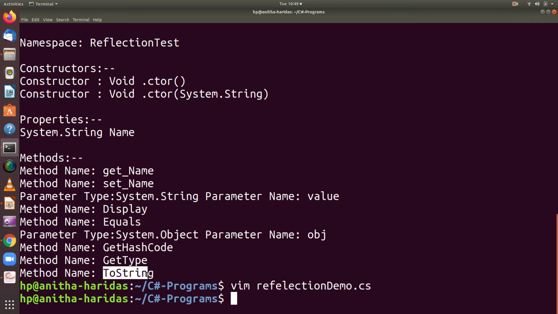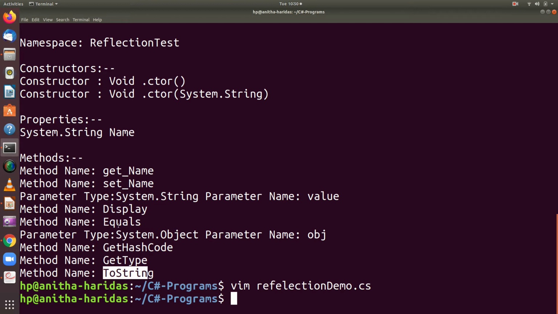These are the default methods that will be associated with all the classes that you are going to define in your program, right? So don't get confused, equals, get hash code, get type, toString are not defined in our program. They are not user defined methods. They are the methods which are defined by default. So whatever class you are going to define in your program, all these classes will have these methods by default.